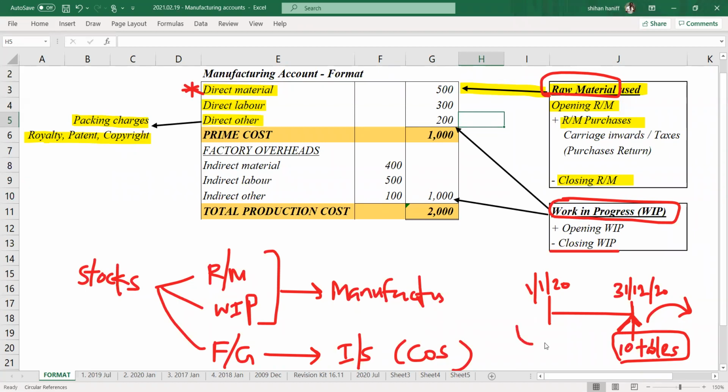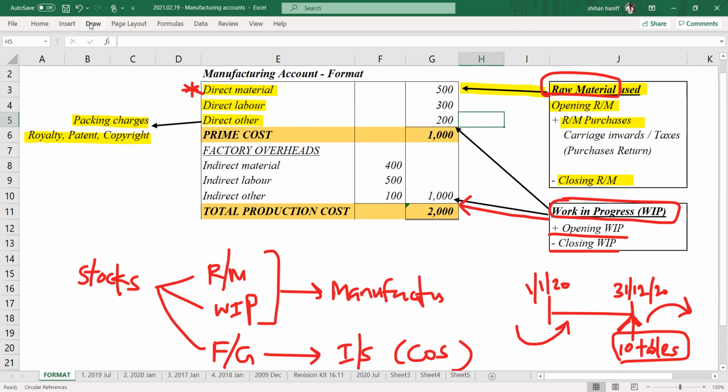That's why closing work in progress is minus. The opening work in progress means from last year you take. So last year's not completed will be completed in the current year. So that is why opening work in progress will be added. So opening work in progress plus, closing work in progress minus. This adjustment we can do either before the prime cost or before the total production cost. That will be given in the question. If they have not given, you directly take it under total production cost. And we will do questions to understand this.